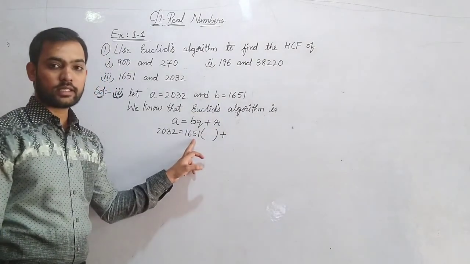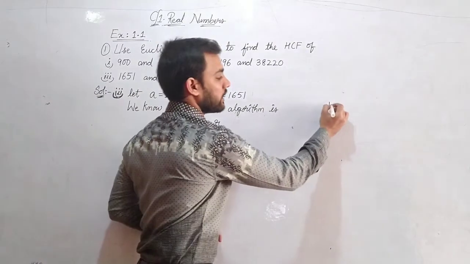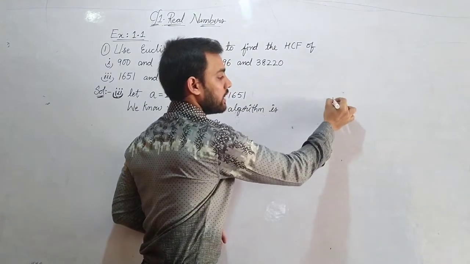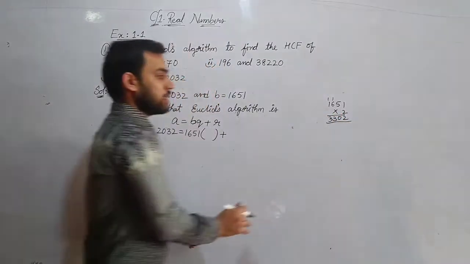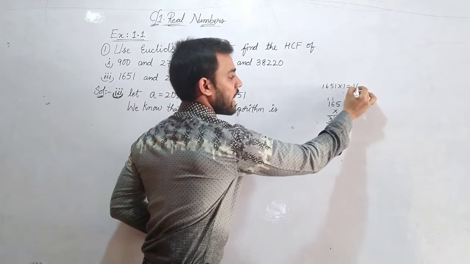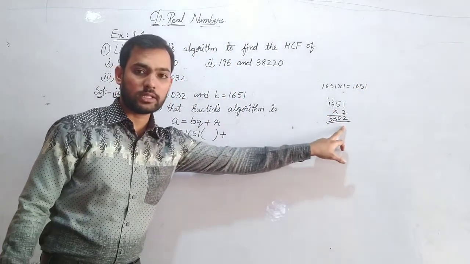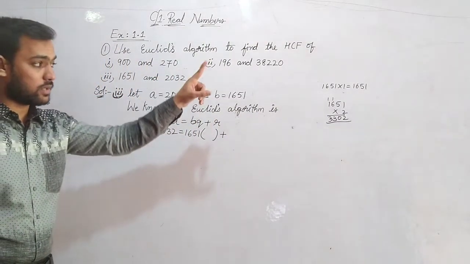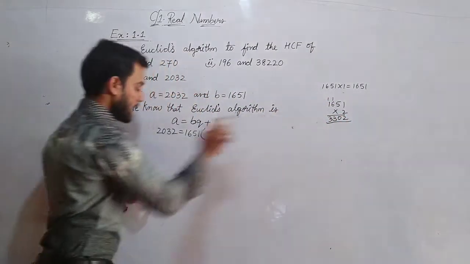Now 1651 ones are 1651 only you will get, and when you do 1651 into 2, 2 ones are 2, 2 5s are 10, 2 6s are 12 plus 1 is 13, 2 ones are 2 plus 1 is 3. So 1651 into 1 is as it is 1651, wherein 1651 into 2 is 3302. We need to get around 2000 as our answer. So we are not getting it, either 1000 or 3000 we are getting. So we will ignore this part because it is exceeding this number.